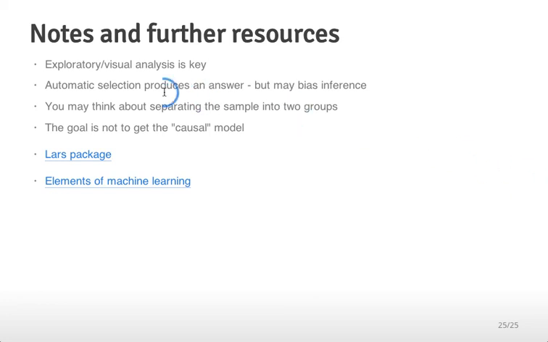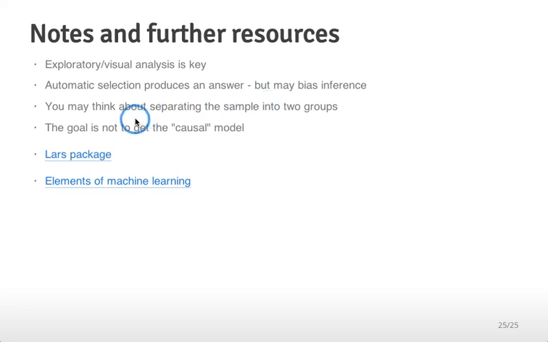So some notes and further resources. First, exploratory and visual analysis is absolutely key here. So even if you're going to do some kind of statistical model selection or statistical model checking, it's very important to do exploratory analyses because you can often see in visual plots what you definitely can't see in just one-dimensional summaries or one-dimensional statistics of the data. Automatic selection will give you an answer, but it may bias your inference, and it definitely could overfit, in the sense that it might fit your data set very, very well, but the next data set that comes along, it might not fit. So you might think about separating your sample into two groups and using one group to do the selection step,